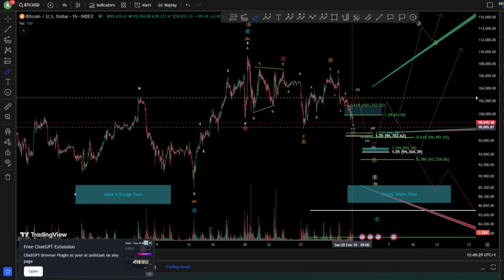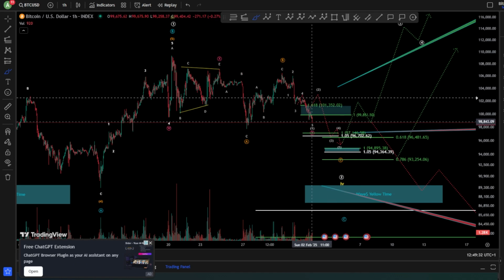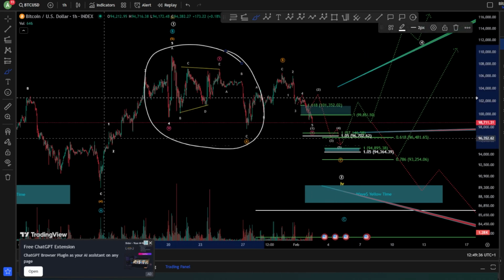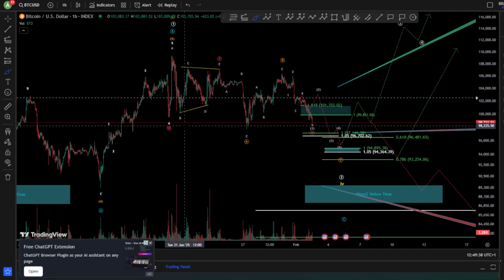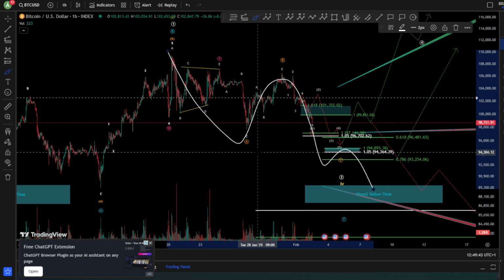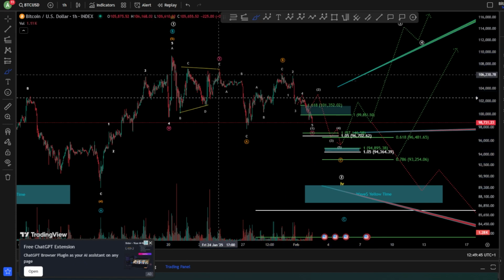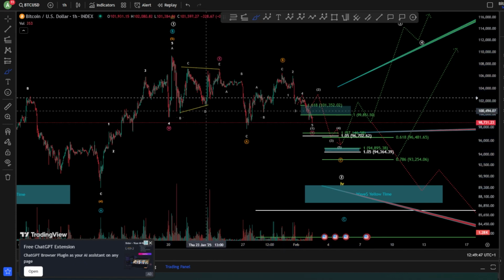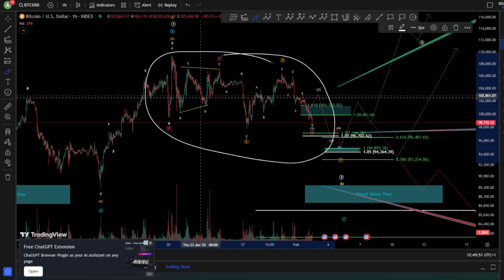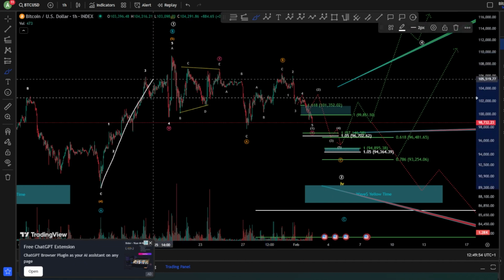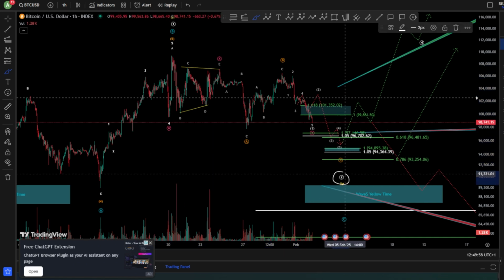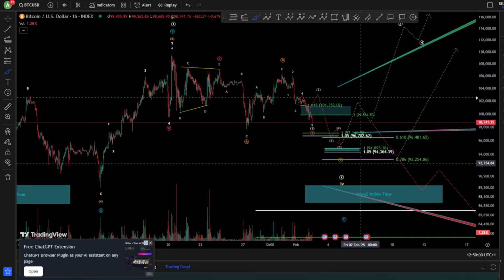However, a running flat is a little bit of a far scenario, because we don't have any kind of impulsive wave in the beginning. I would like to see, for example, 1, 2, 3, 4, 5, at least as an ending diagonal, 5 waves, but this did not happen. We have a corrective wave, meaning this is still a correction to be finished, and our scenario was